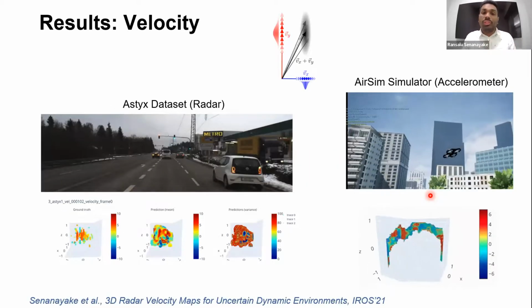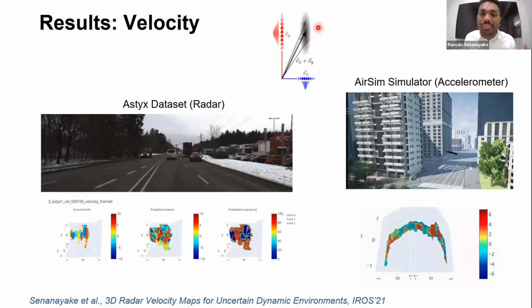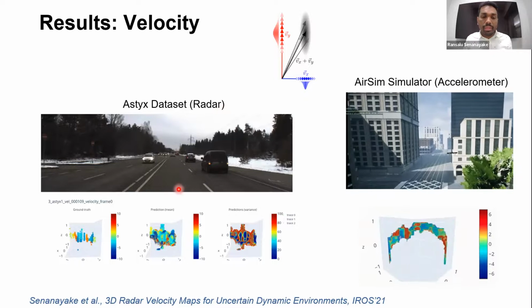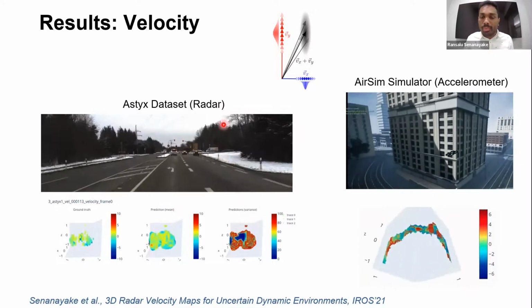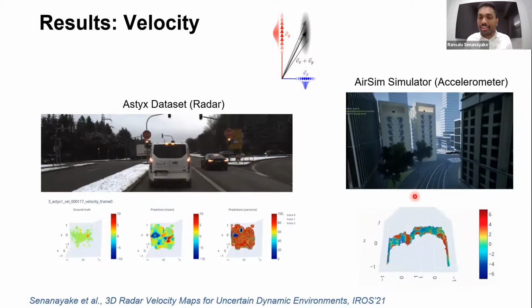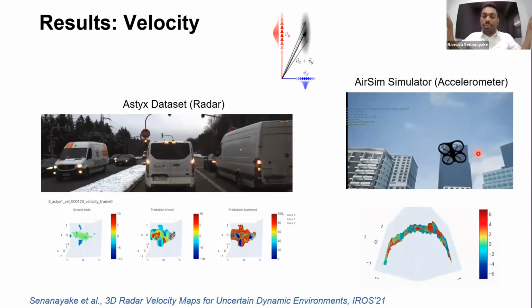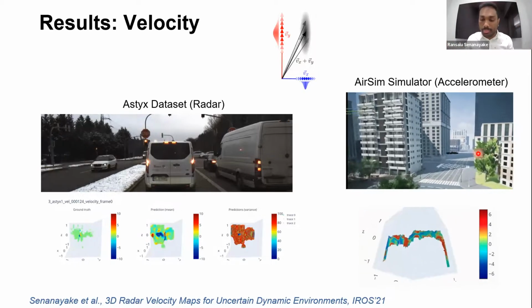Now we could do the same for velocity. Velocity is now not a single quantity, but also a distribution like this. So this is some radar data. We can get radar data and estimate velocities, and we can do the same thing from accelerometer data for UAVs and build this kind of, say, 95% or whatever probability you want, say 50% confident, safe view.